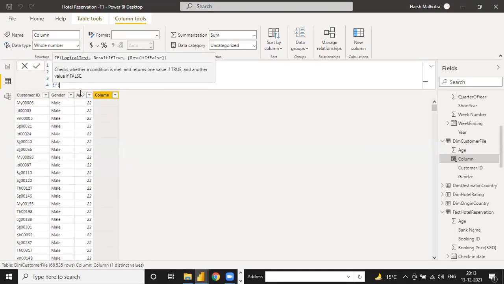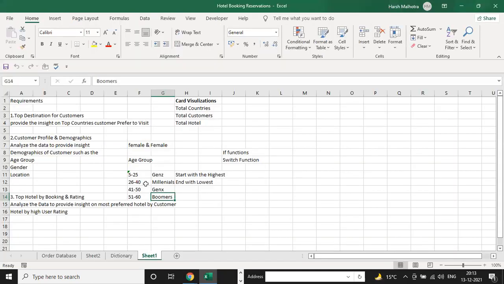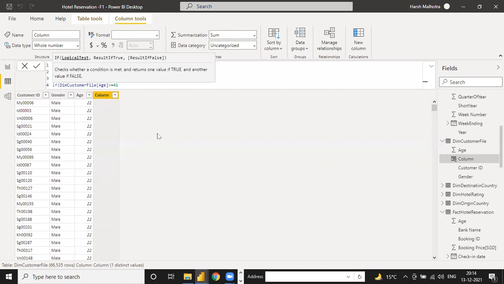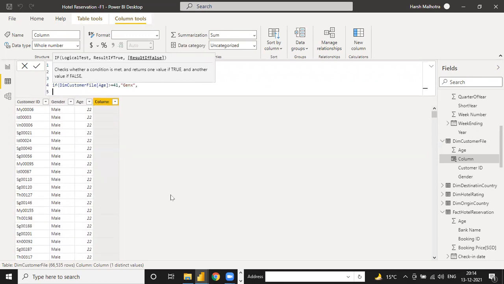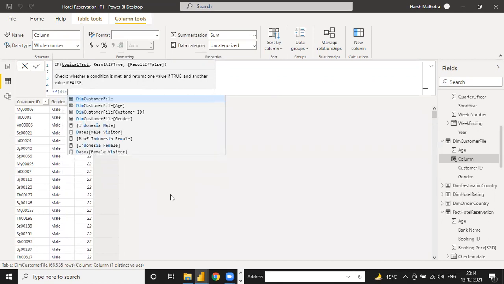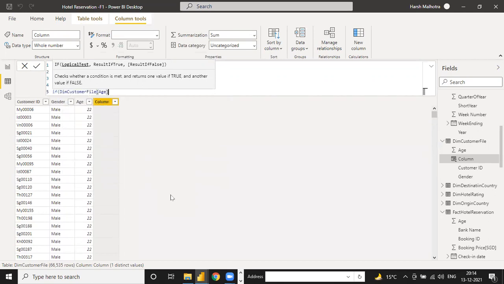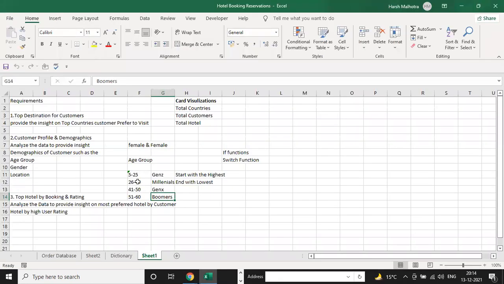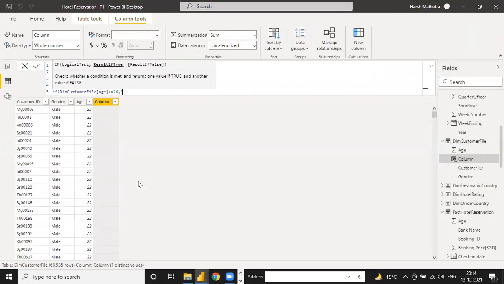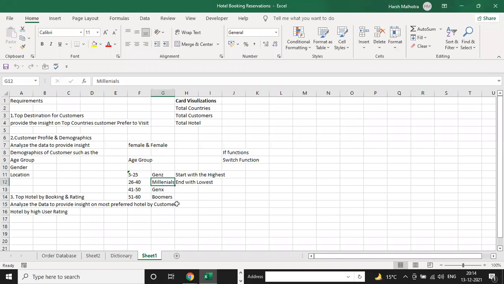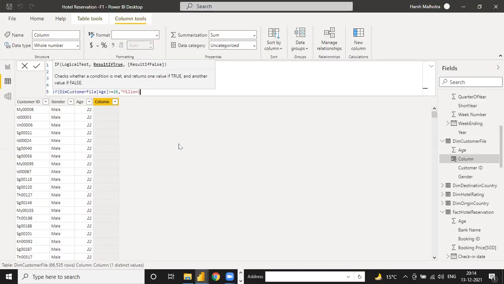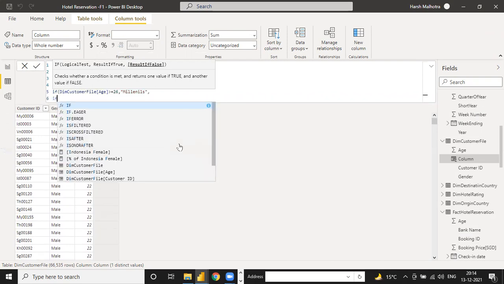So same thing, dim customer file of age column is greater than or equal to 41, then we need Gen X. Okay, and last thing, if dim customer file of this age is greater than or equal to 26, then we need millennials.